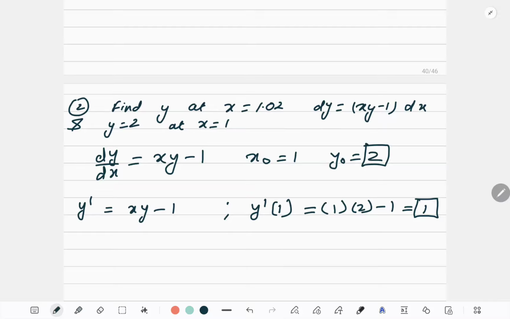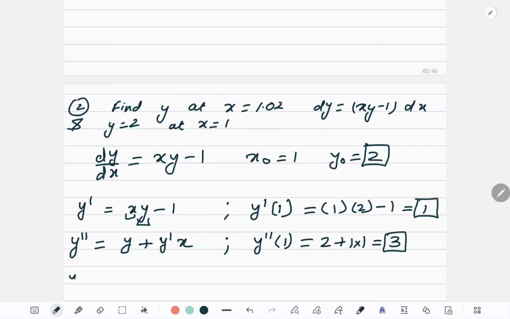Right? So now next value, I'll differentiate it, y double dash. Now apply the product rule here. Differentiation of x is 1. So 1 into y plus differentiation of y is y1 into x. Differentiation of 1 is 0. Now y double dash at the initial point. So what is the value of y? Y value is 2 plus 1 into 1. So how much did I get? 3.